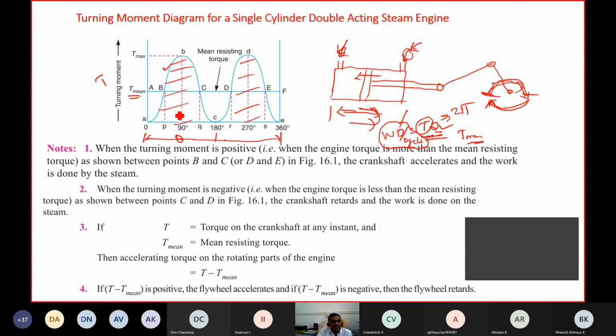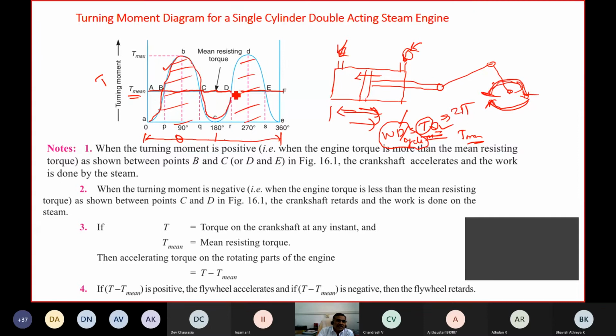Now, I am going to explain how the vehicle is working. Actually, the vehicle requires this much amount of torque constantly. Otherwise you can say it is a resisting torque. The vehicle requires this much amount of torque continuously. But the torque produced is varying. This is a torque produced curve.